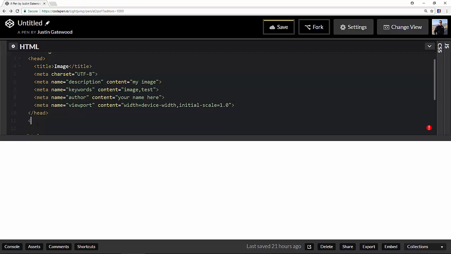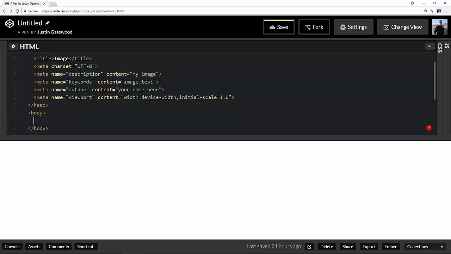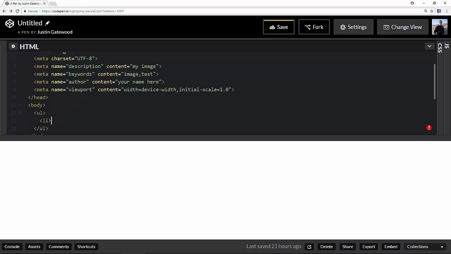So now let's create our body area. Got our opening and closing body tags. First tag we should put in there, let's put in our navigation. So we'll create our unordered list, and we're going to put a list item in for each of our